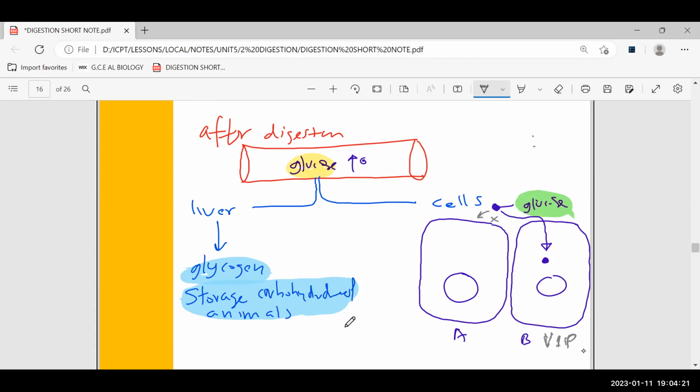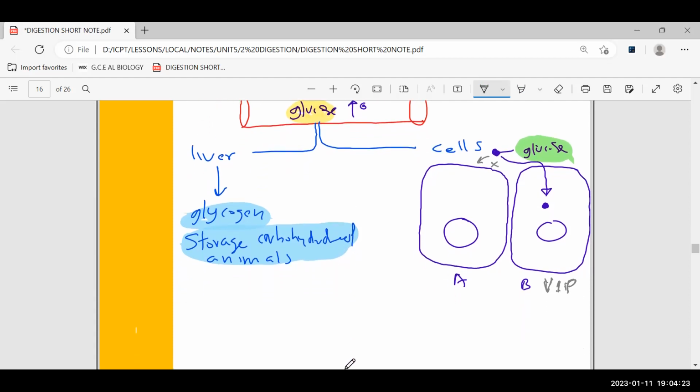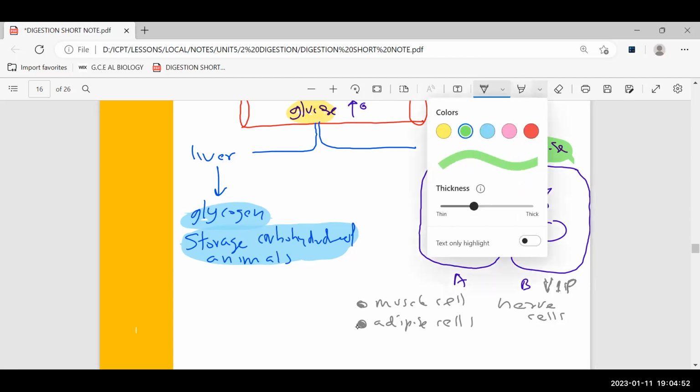For example, nerve cells, because if a nerve cell dies without glucose, then the person is dying, the brain is dying. But other cells like muscle cells and adipose cells, so you have learned adipose tissues, these cells need